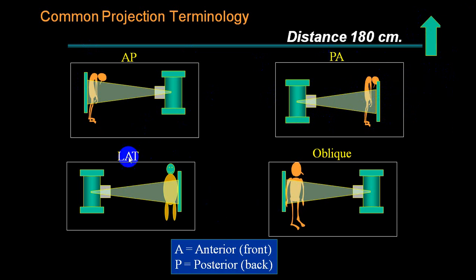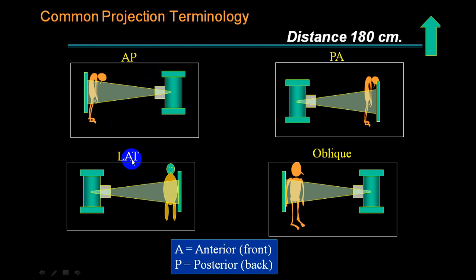While in a person, if there are 2 structures which are overlapping and you want to differentiate which is anterior or posterior, you ask for a lateral view. If it is on the right side, you will ask for a right lateral. If it is on the left side, you will ask for a left lateral. So depending upon that. And in a lateral view, you will be looking at the anterior structure, posterior structure, and the structures which are in the middle part.